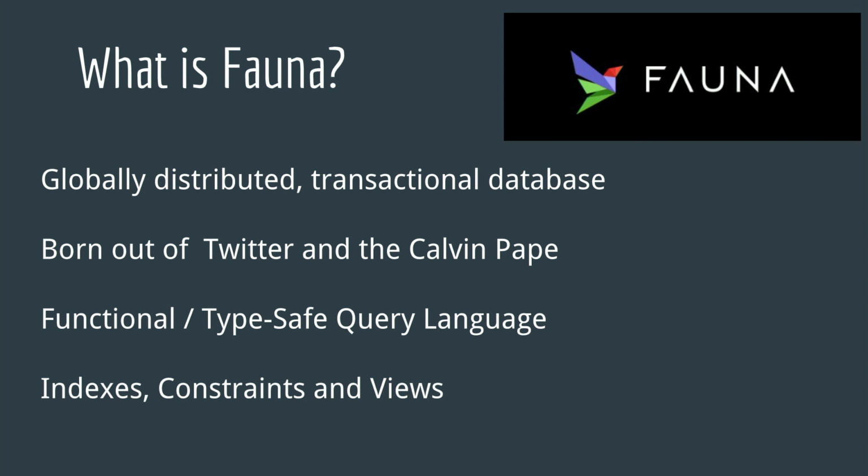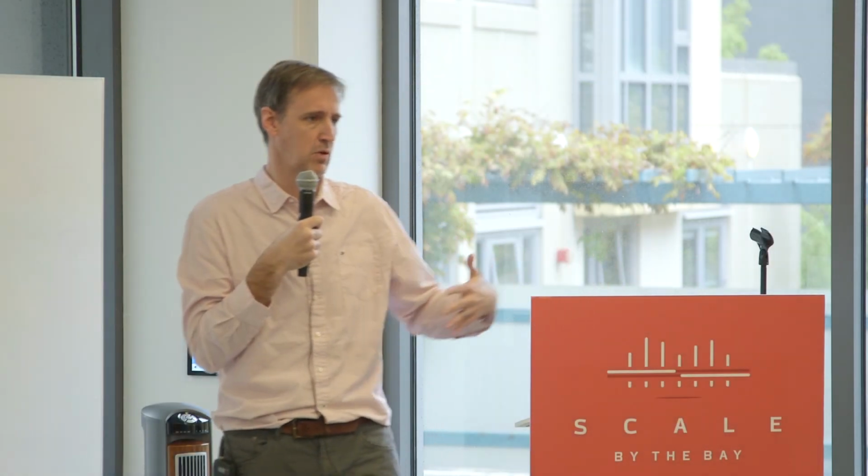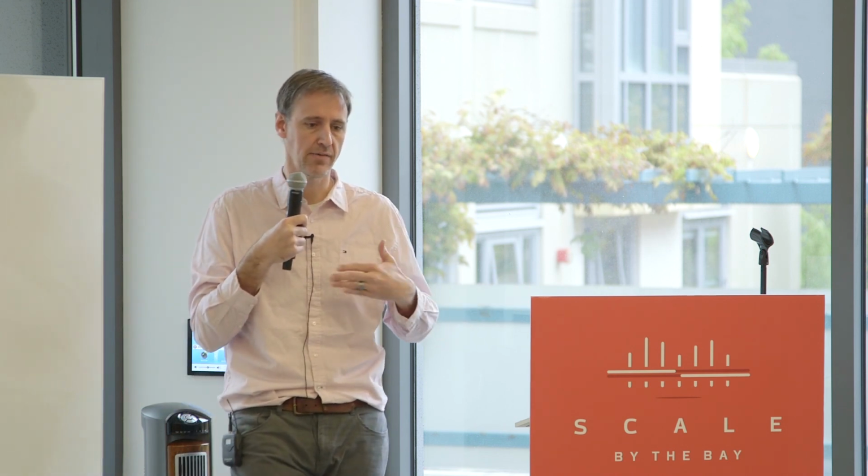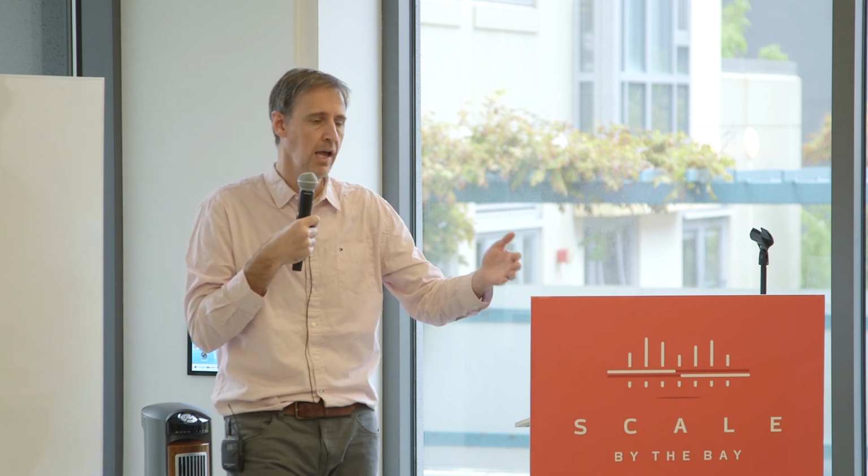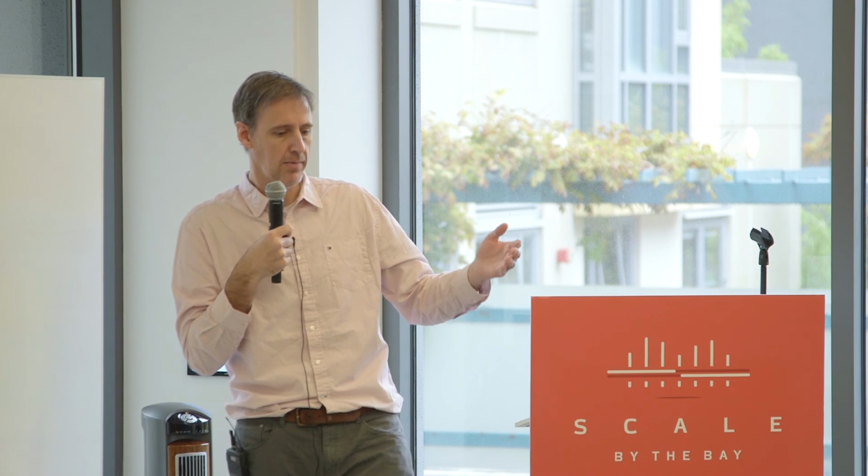The people who founded Fauna came from Twitter. They built a lot of similar systems internally at Twitter. They dealt with massive scale there, solving all the reliability and fail whale problems for a number of years. Based on that experience in building massively distributed systems, and a very groundbreaking paper called the Calvin paper, which talks about a new approach to writing databases, they built a new generation of database.